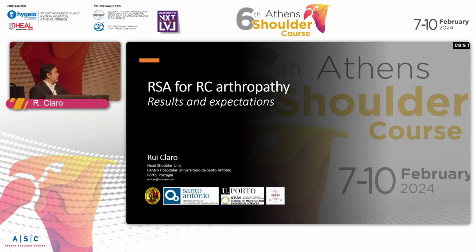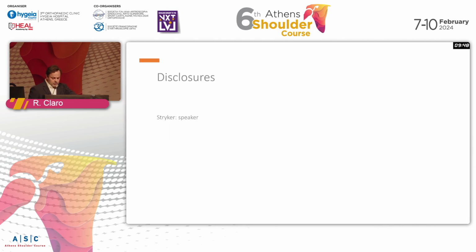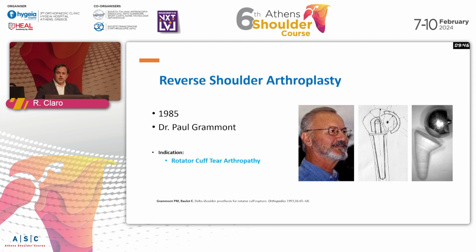I will try to talk about reverse shoulder arthroplasty in a rotator cuff arthropathy case, results and expectations. So, reverse shoulder arthroplasty, we know from 1985 from Dr. Paul Grammont, and the main indication was for rotator cuff tear arthropathy. And since then,